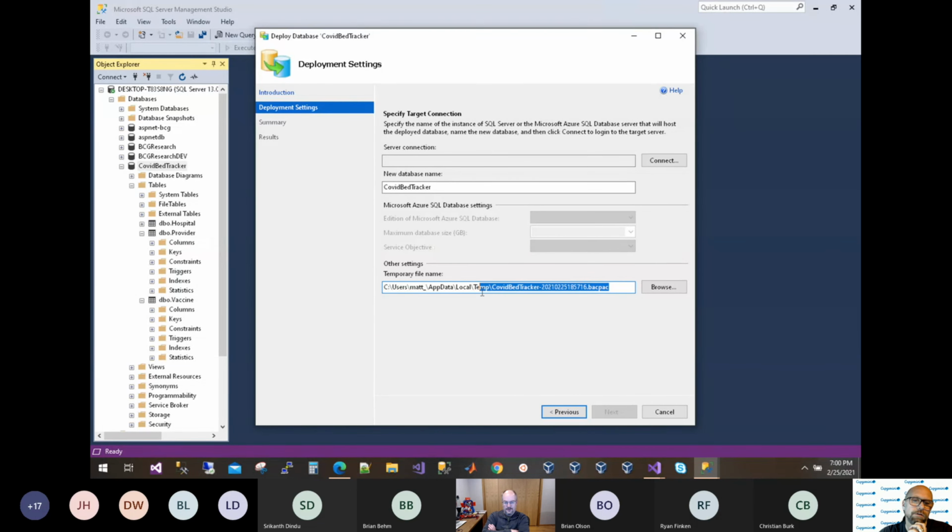Yeah, and I can see here it's creating a temporary BACPAC. Okay. So this would just be an initial one-time thing that gets created, and then after that, you could either do the ad hoc or